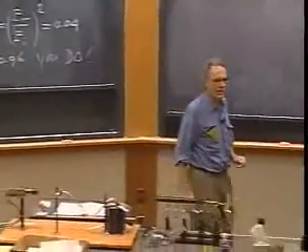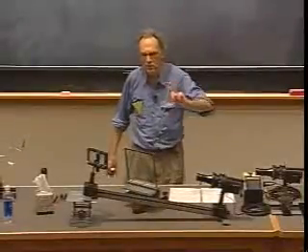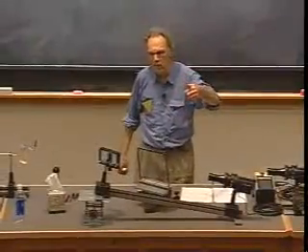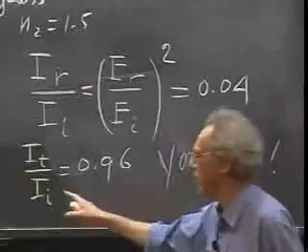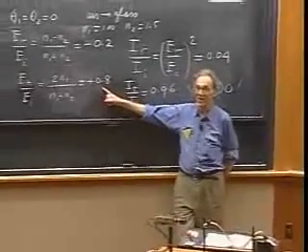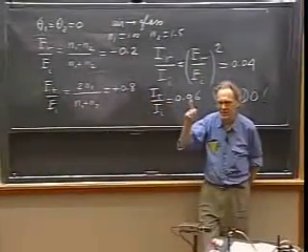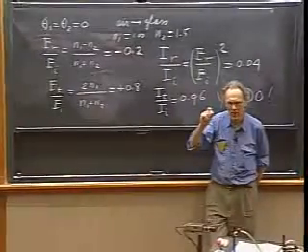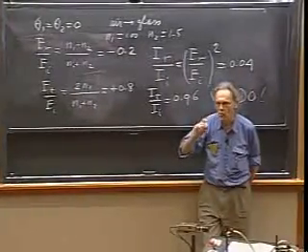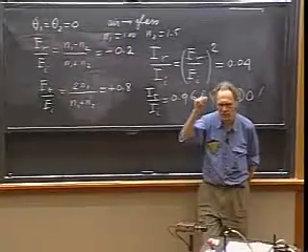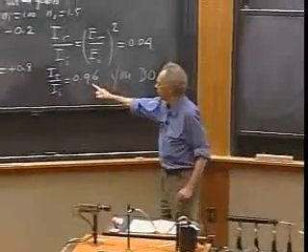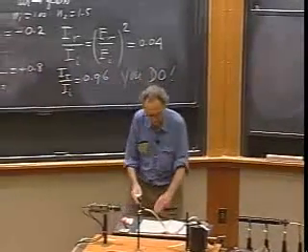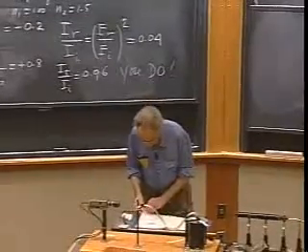But I want you to calculate it. Because now you must take into account that the velocity in medium 2 is different from the velocity in medium 1. If you overlook that, you will never find 0.96. If you take this number and you square it, you don't get 0.96. But you cannot do that, because in medium 2, the B vector is E divided by its own V. And that own velocity is different from the velocity in medium 1. So I've set you off on the right track. This is still correct, but you cannot just take this ratio. Very well.